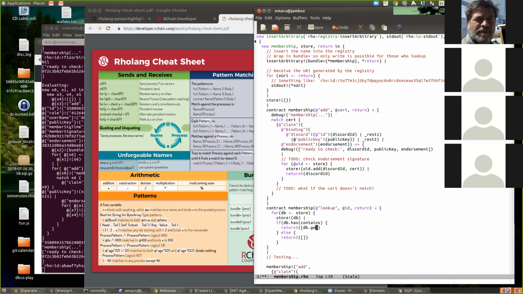So this is a method on a map. Yeah. In fact, db.get returns nil if you. So let's just do that.